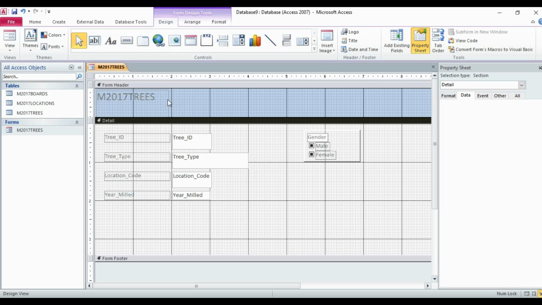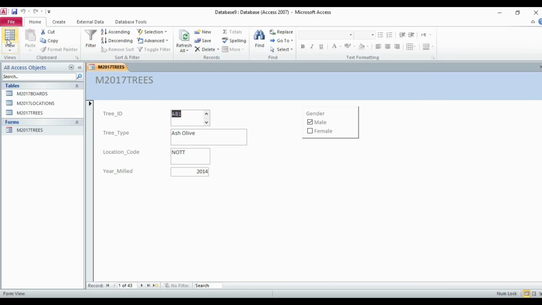Now we will go to the form view. Just click here. Now you can see here we have created a radio button or check boxes, whatever you want to create. So when I click on female, male will automatically be unchecked, so one option can be chosen. It doesn't mean that we can only choose two options. If we want to include more options, like if you want to add others also.